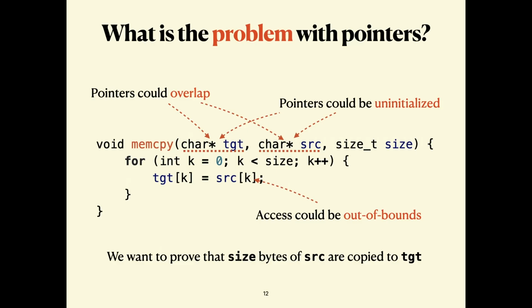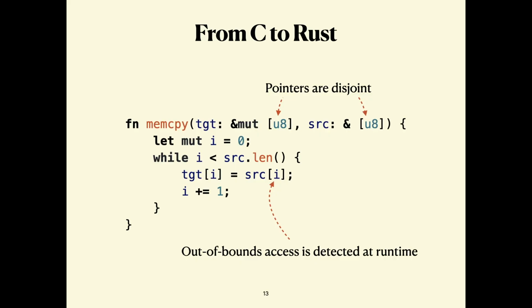But this is all sort of tedious. It also means that the reasoning is a lot more complicated. Separation logic tools have a lot more work to do than equivalent tools for pure functional languages. And this just kind of complicates your work. You don't really care, you don't want to care about all these kinds of layout considerations when you're just trying to verify your code. And if we just translate our code to Rust, right, we have something that looks very